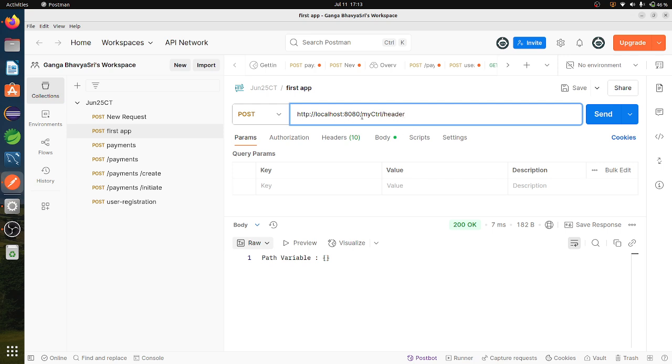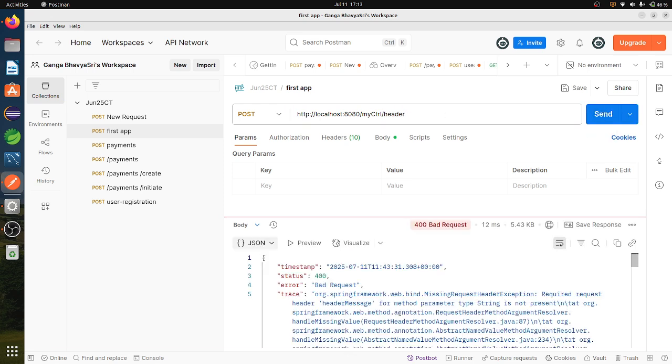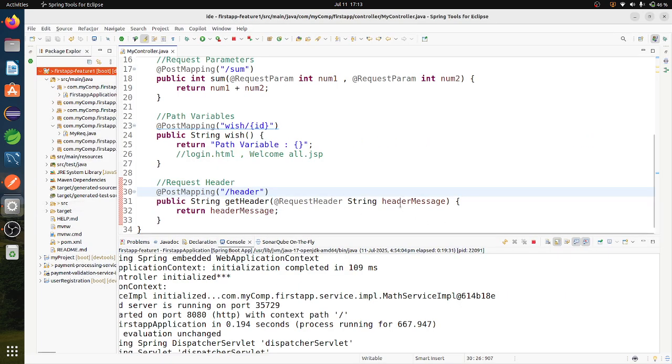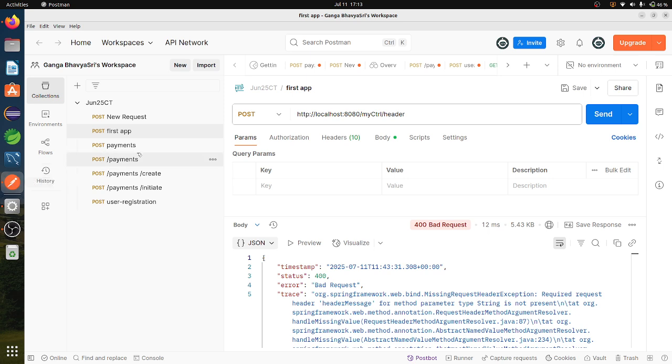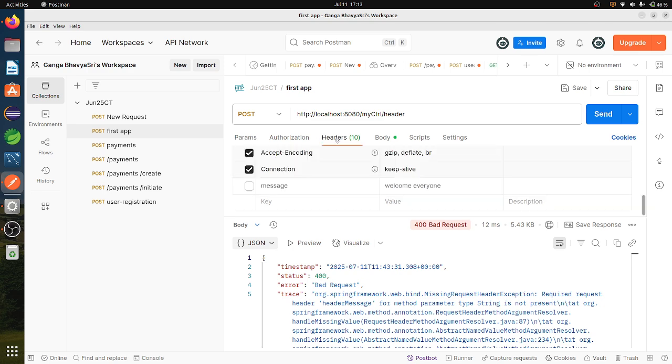Now if I write something like this, header, and hit enter, it is showing me an error, because the variable that I am taking from the user, something called header message, is not being passed in this Postman tool. So if I want to pass it, I will go to the header section and enable a key value pair.